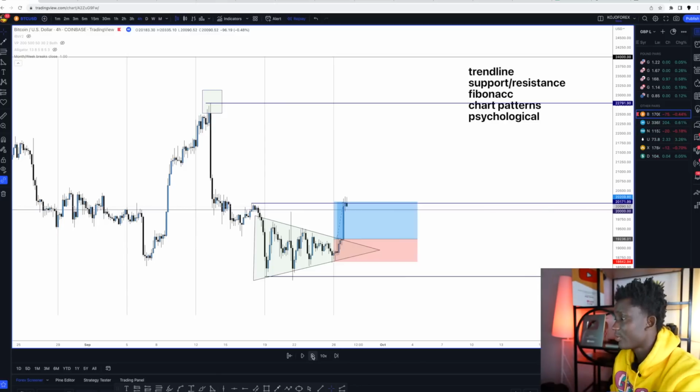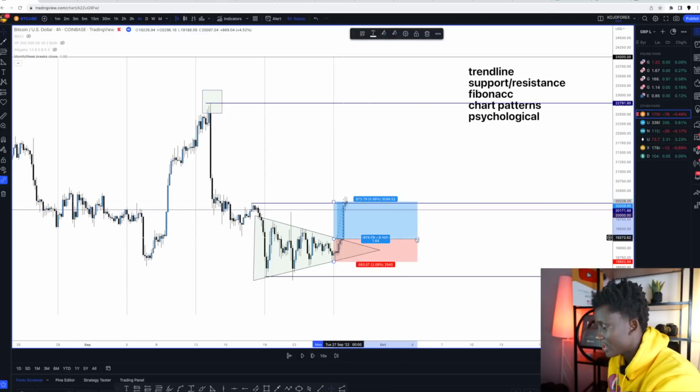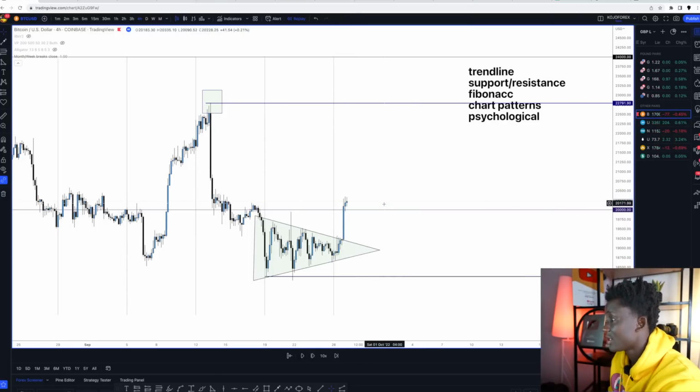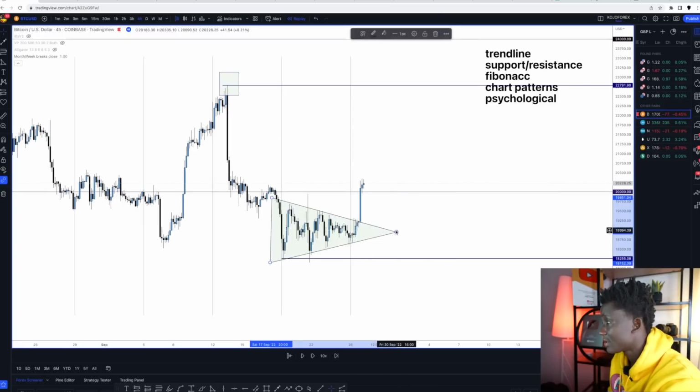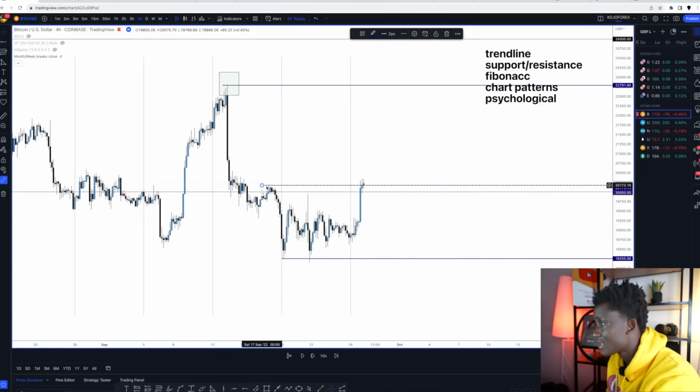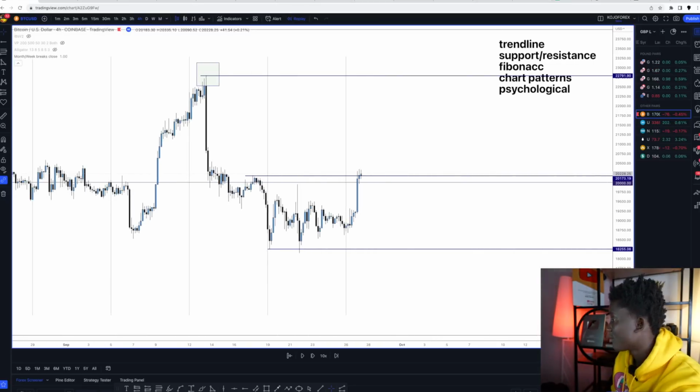Boom, we hit our take profit level, and then we're still back testing. So the chart pattern actually does work. This confirms that indeed chart patterns work in the market. But now the market has visited our minor resistance level here, so we now want to observe price action within